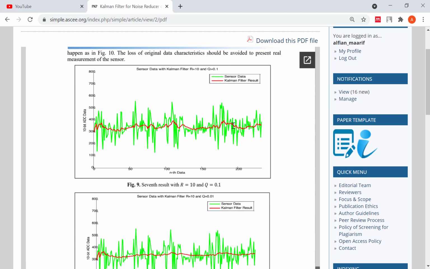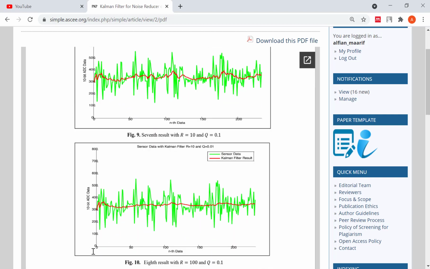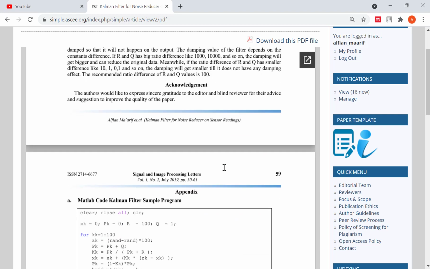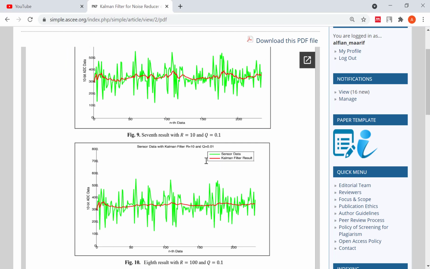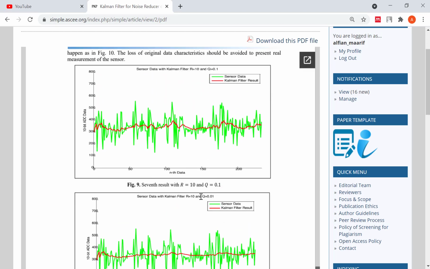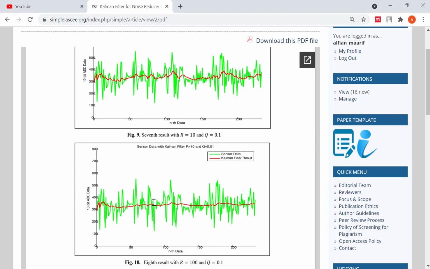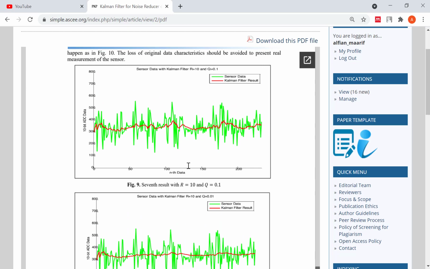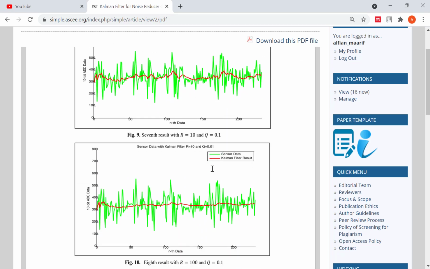This is the first implementation and the second, and also the result from the Arduino implementation. You can see this is the best parameter for the Kalman filter because the data is not lost.